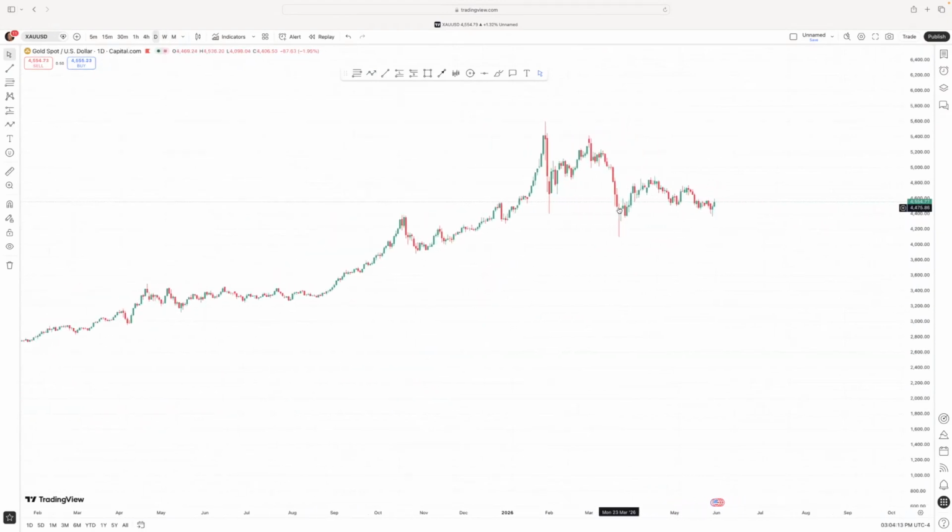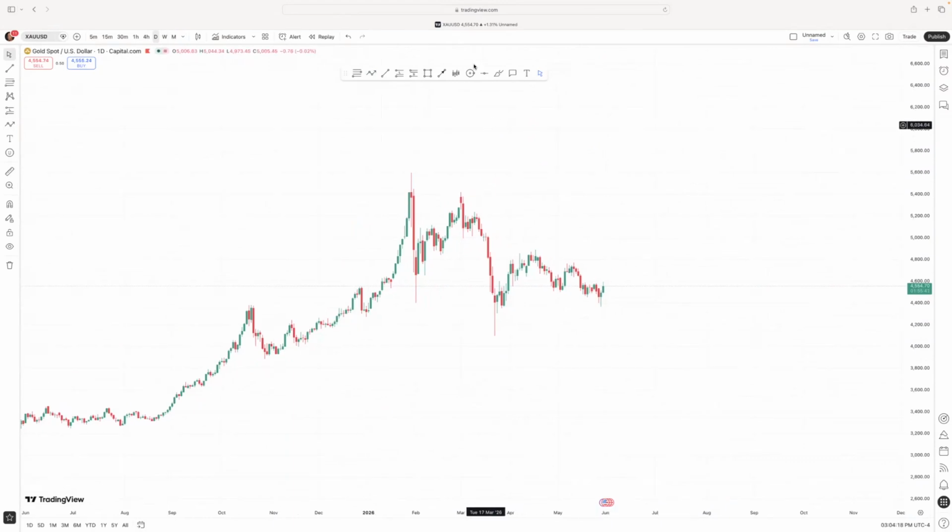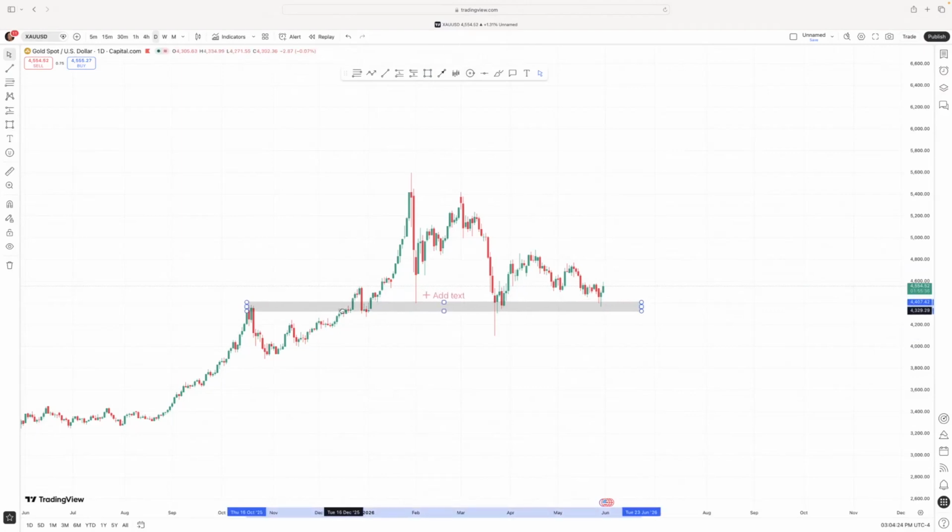Now on the daily is where I will start adding things to my chart. The first thing I see is a zone that I can place here. So we have this zone right here. Okay. So this is a level that I want to keep in the back of my mind. I like to have this marked off so that when I'm zooming in on price, I know my stopping point. All right, so on the daily, we're going to just leave that there and we're going to go down to